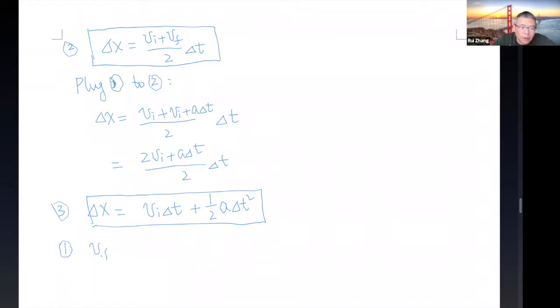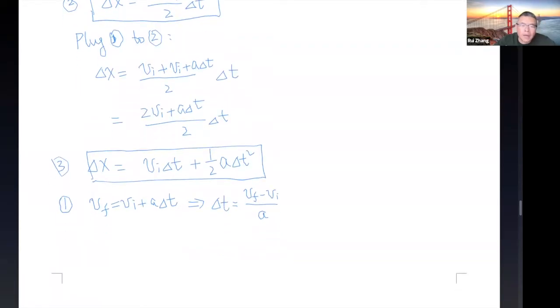From formula 1, we have vf equal to vi plus a delta t. If you subtract vi on both sides and then divide by a, that means delta t equals vf minus vi divided by a. So you can express the time interval as the ratio of these two. Now if you plug this into formula 2,